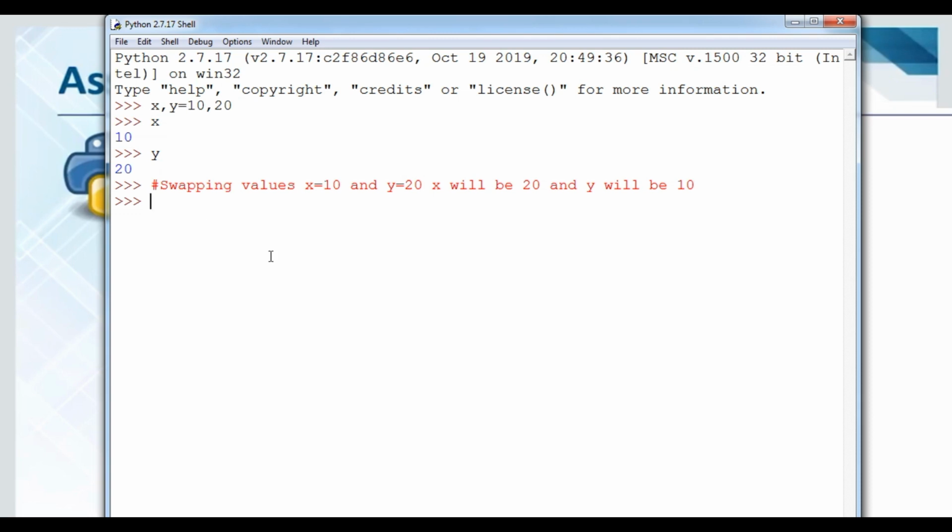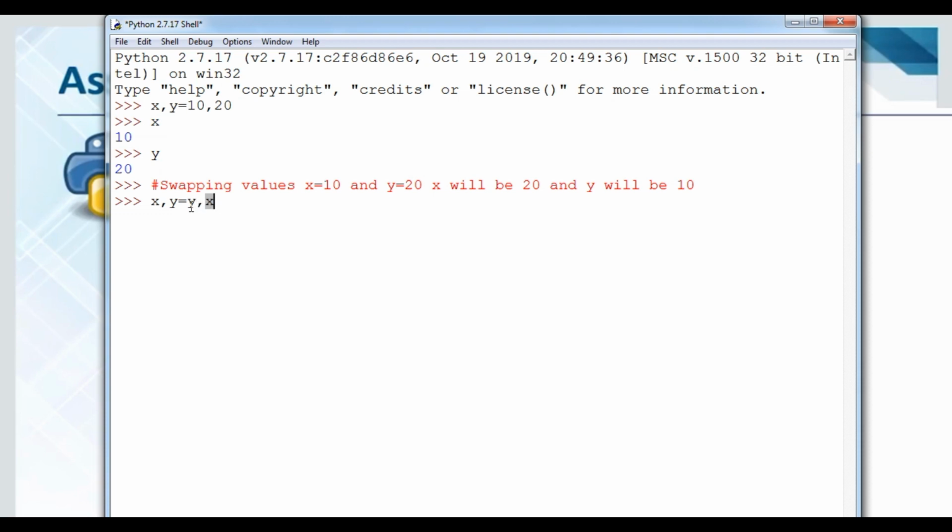So suppose I have typed this code after that. Now what to do? x, y equals y, x. Now understand this particular concept, student. y contains the value 20, x contains the value 10. So in place of y you can consider 20, and in place of x you can consider 10.